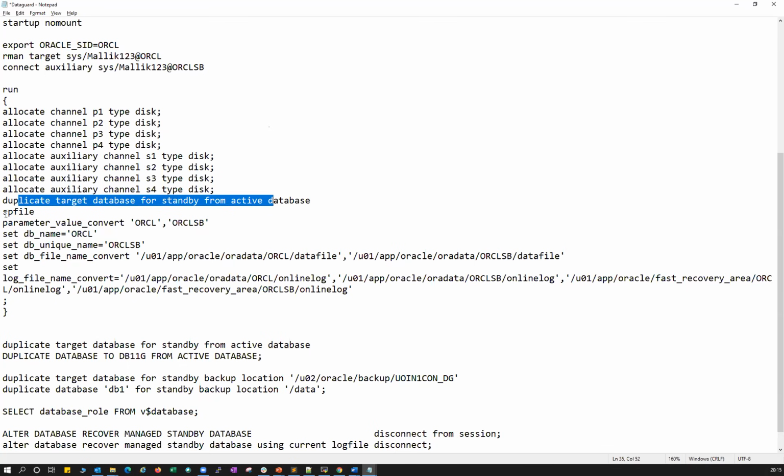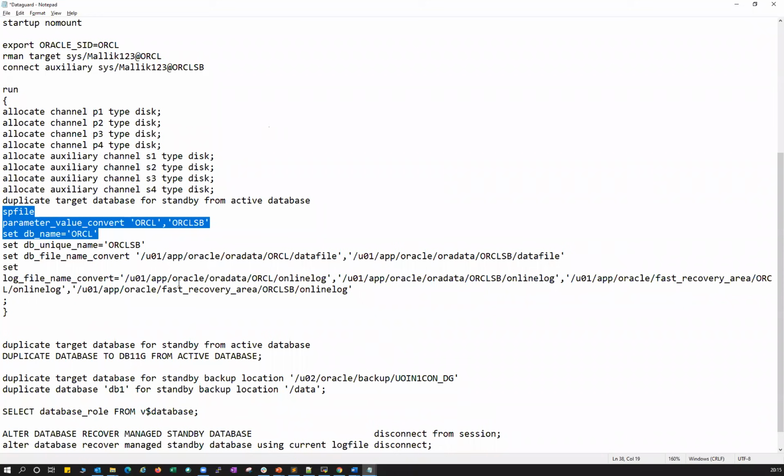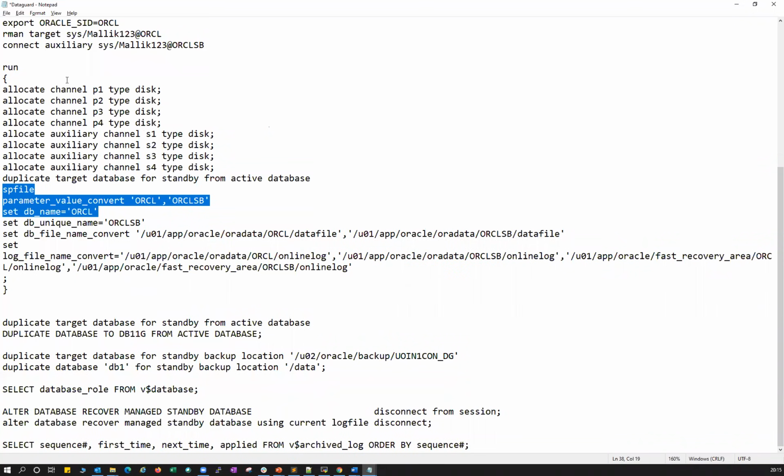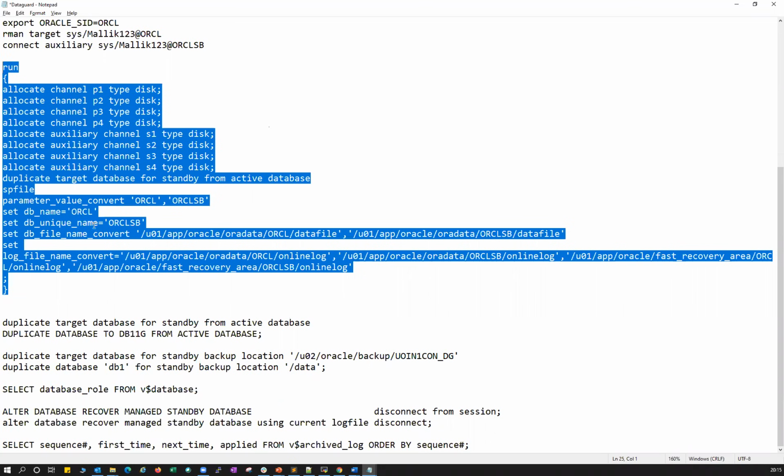So you are specifically mentioning SP file, and then it is unable to pick that particular parameter here. So what I'm going to do now, I'm going to keep this particular SP file clause, and then I'm going to restart this restore one more time.